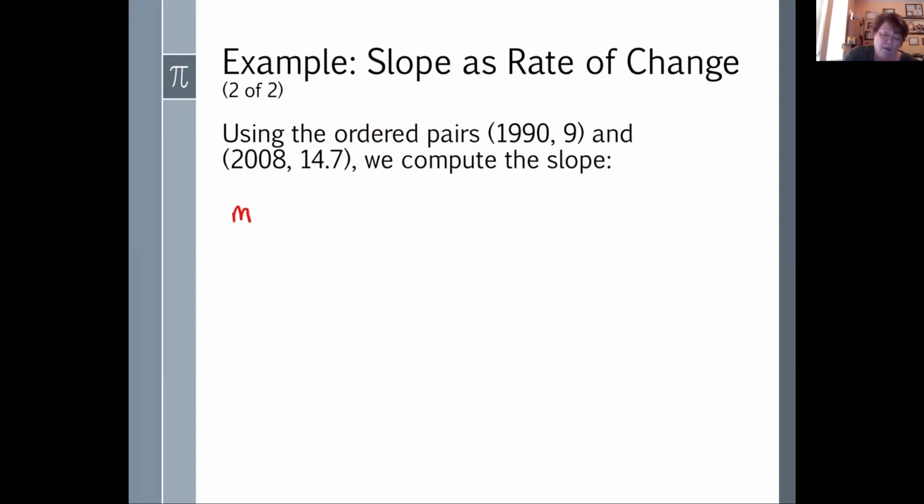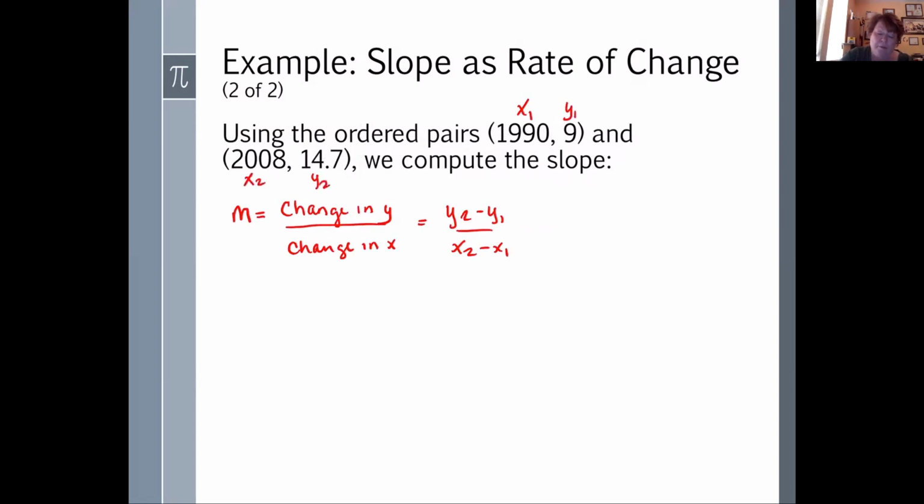So the slope is the change in y over the change in x. And we've been using a formula, y sub 2 minus y sub 1 over x sub 2 minus x sub 1. And we've just been arbitrarily assigning our points to one of these, x sub 1, y sub 1, or x sub 2, y sub 2. So we can call this x1 and this y1, and this x2 and y2. So we have 14.7 minus 9 over